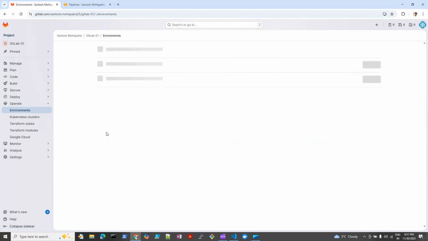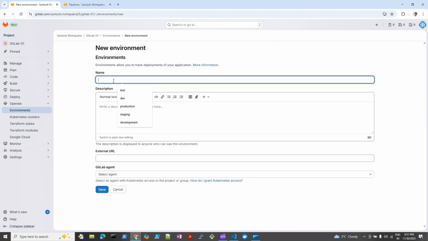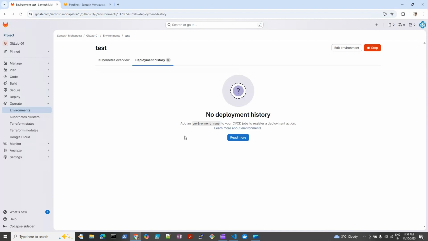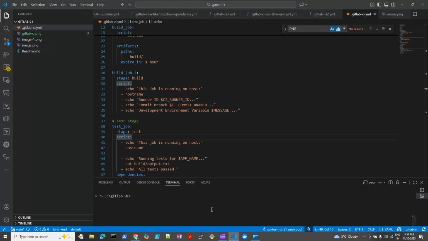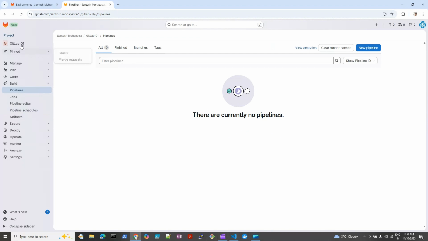This is easy. If you want to create a new environment, you can do it here. Simply give one name like testing or test, and don't mention anything else. It'll try to create one environment here. You can see it created one environment. So next, we are discussing about